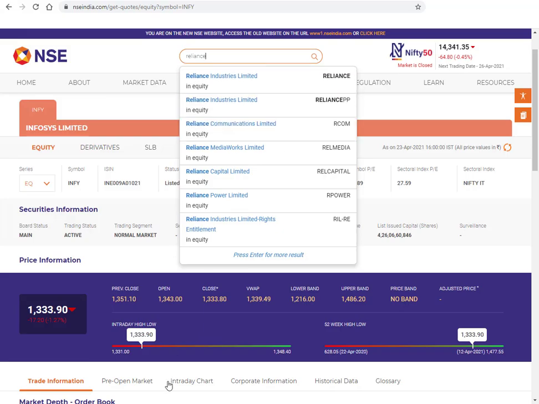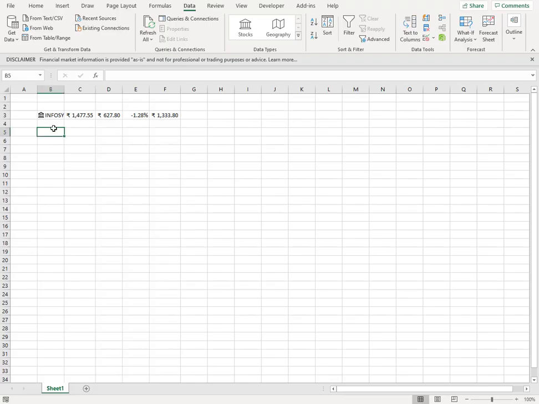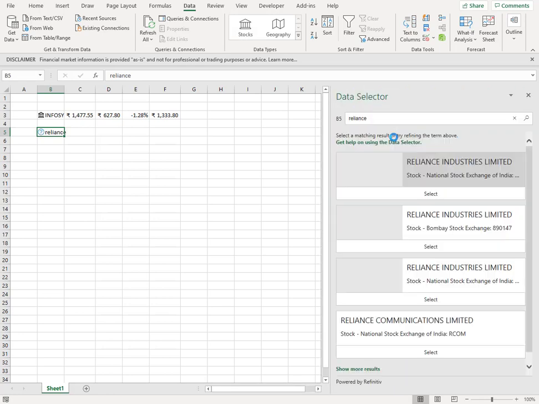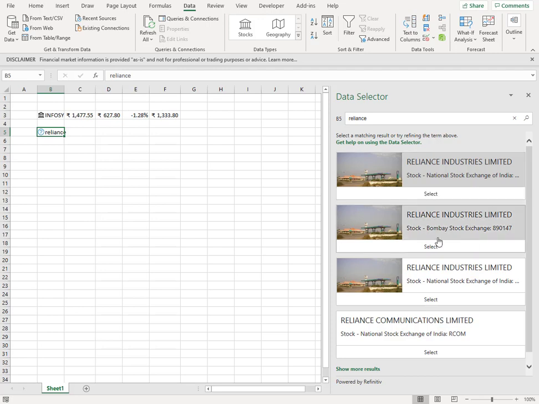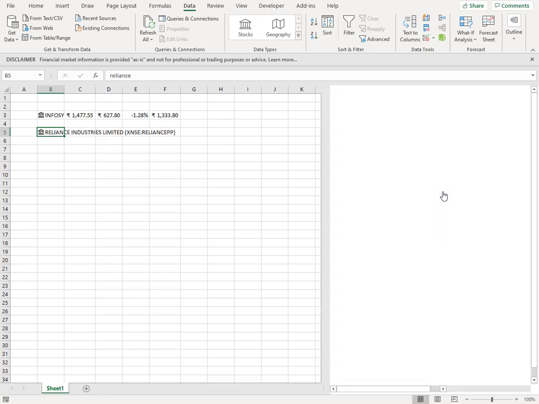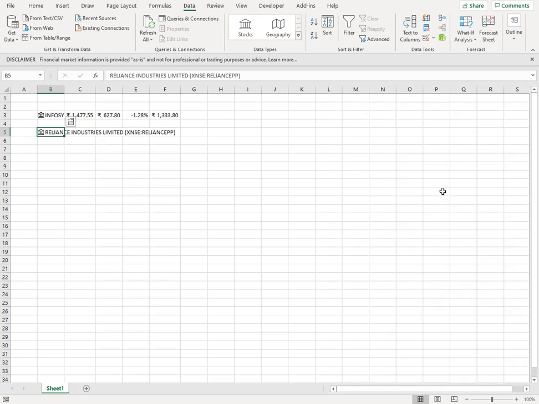So I'll type in Reliance here and click on the Stocks button, and here I see Reliance Industries Limited, National Stock Exchange, and this is the one which is listed on the BSE. So I'll select the one here. Okay, Reliance Industries Limited, right?